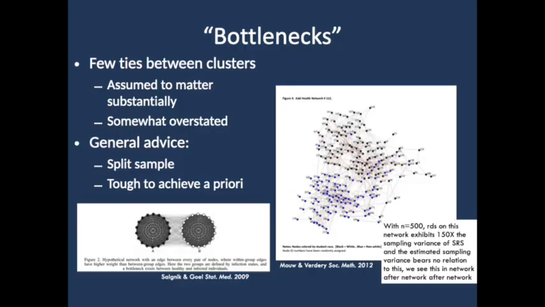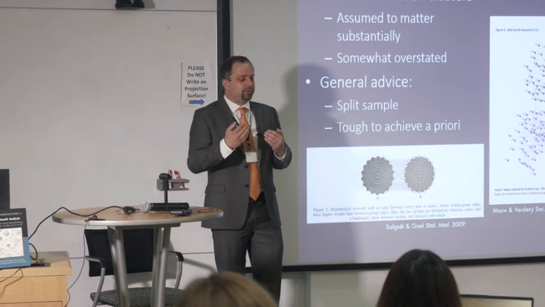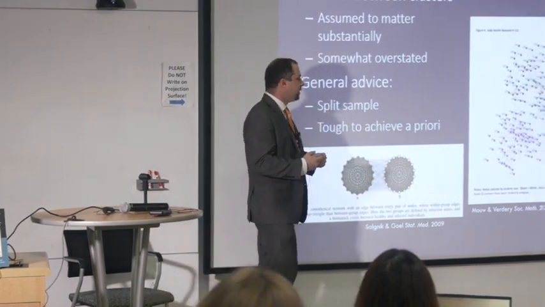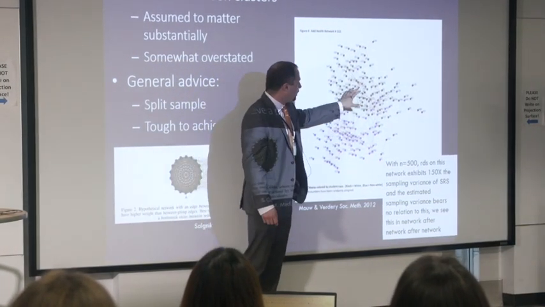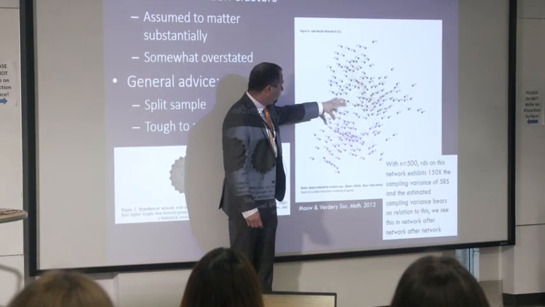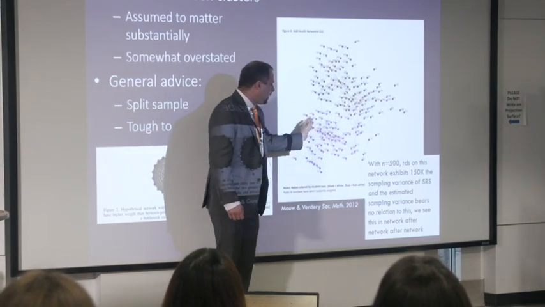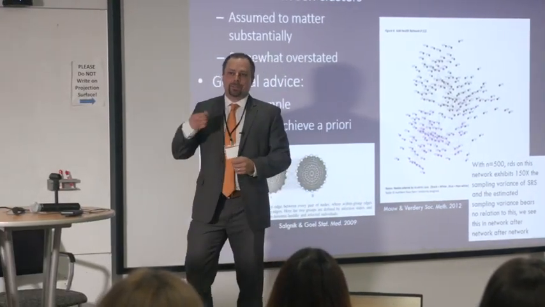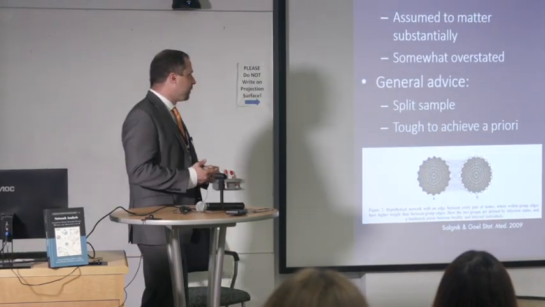Another problem with RDS is this idea of bottlenecks. This is the case when networks have large community clusters that have a lot of ties within them, but few ties between them. And this is a particular problem for RDS when that structure overlaps with some attribute of interest. So here's a case of an Add Health network where I just took the races of individuals. And you can see this is a pretty segregated school friendship network. If you did an RDS sample on this, a lot of times you end up with high variability in the estimates that you get from it, owing to that bottleneck structure.